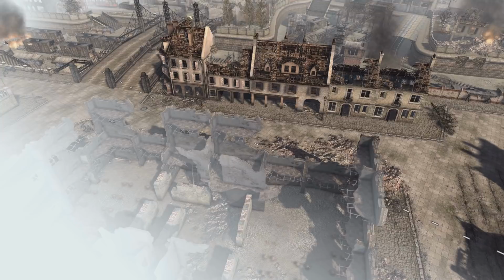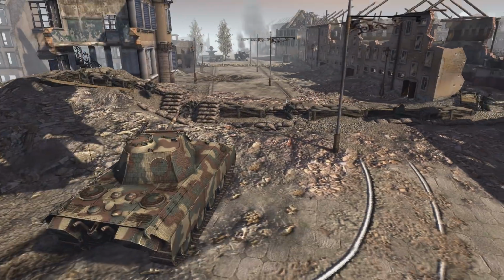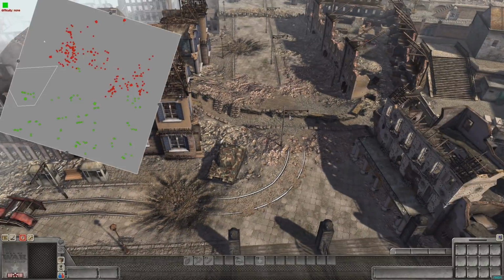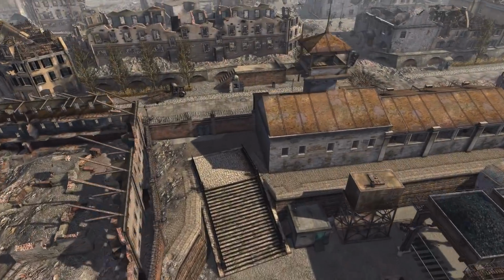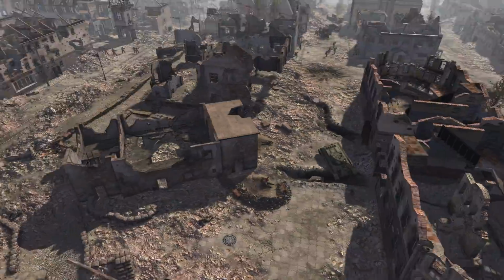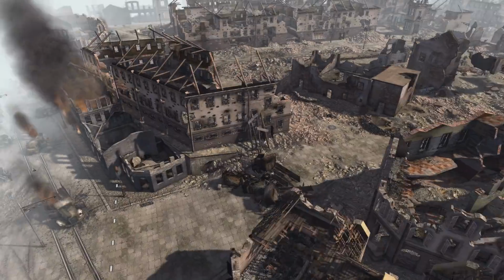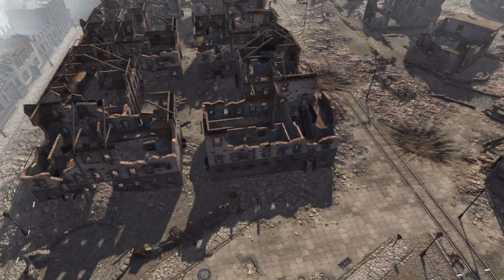Also, looking over here, we have a pretty good position on this side, a Panther, and lots of infantry that's going to be able to cover the eastern side here. But it looks like the main Russian assault is focusing on the center right now. Lots of infantry. We've got Russian tanks down here. This one seems to have driven down into a trench, which is rather unfortunate. But I hear more tanks in the distance that are going to be coming in.